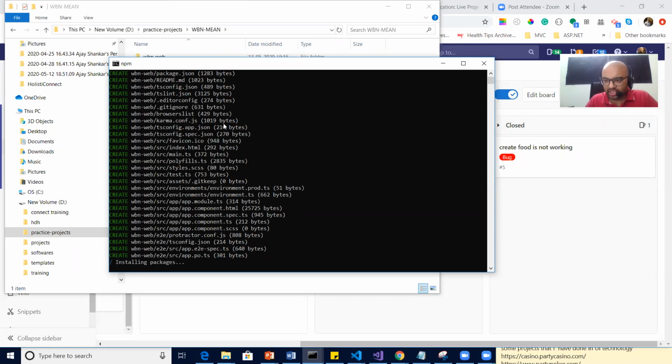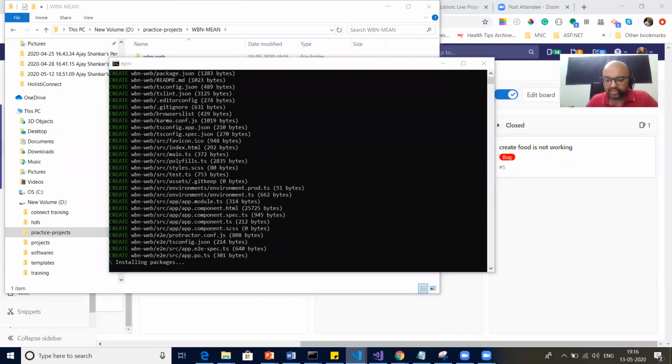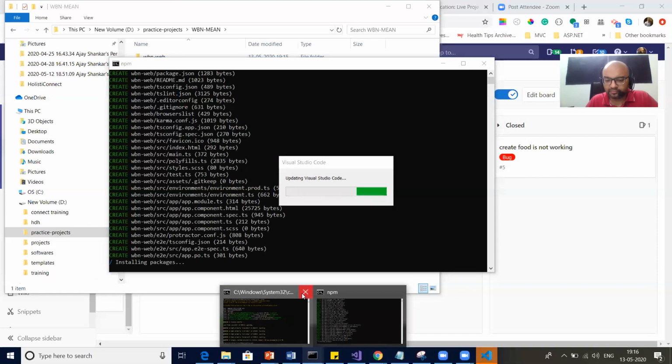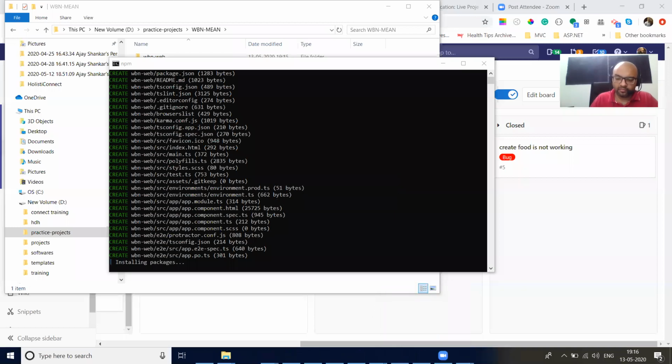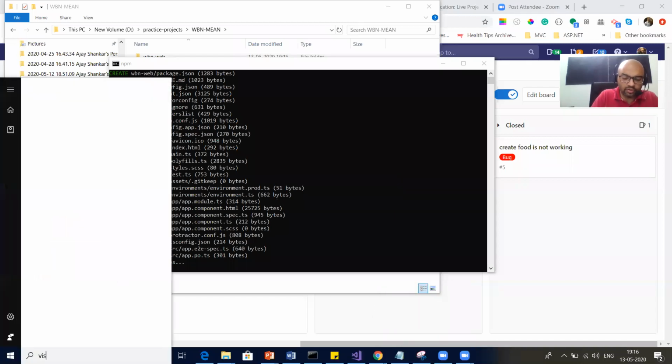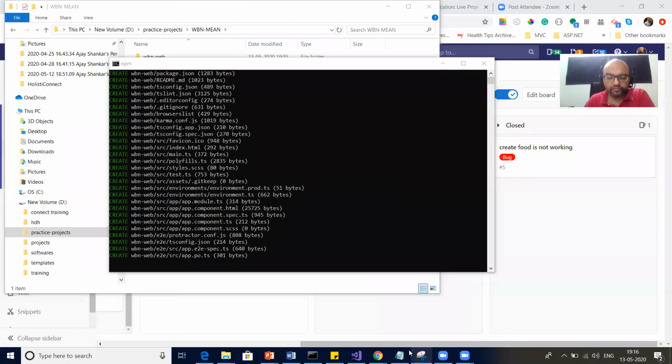So it has created a project structure, as you can see, and it is installing the packages. So on this note, let's do one thing. Let's open Visual Studio Code.